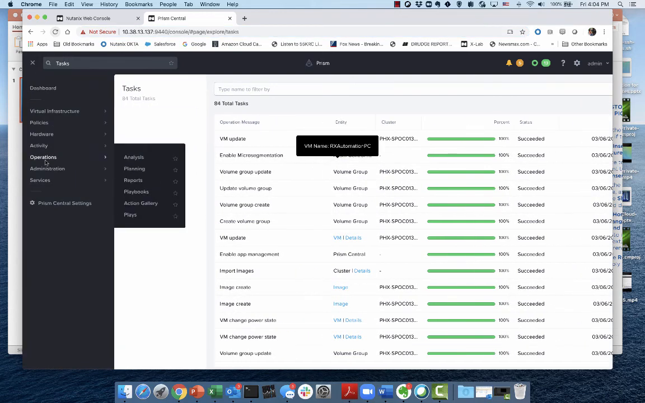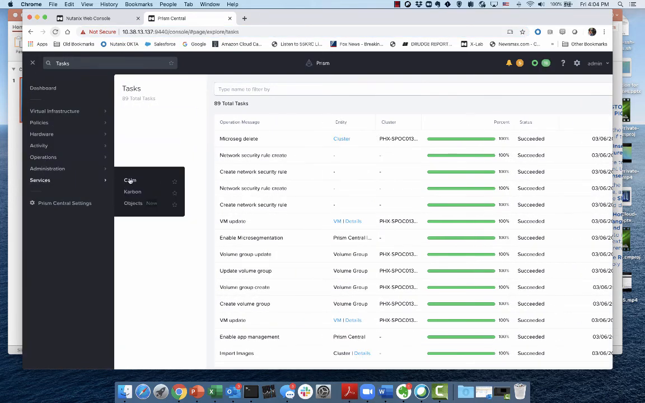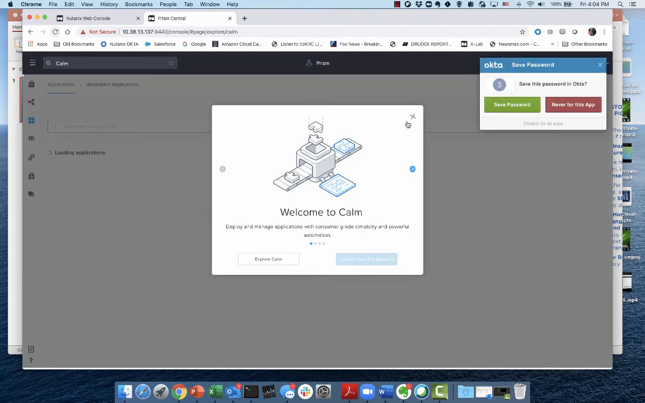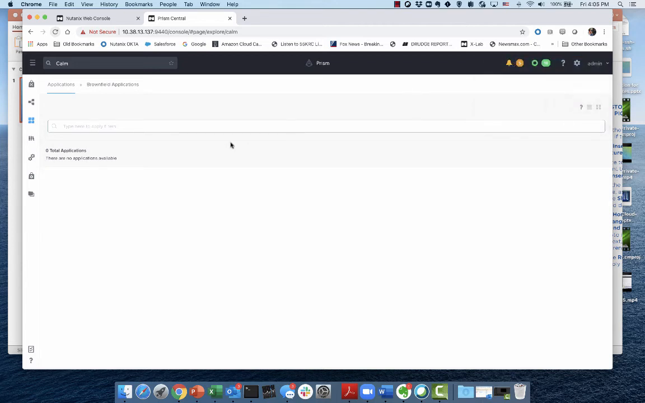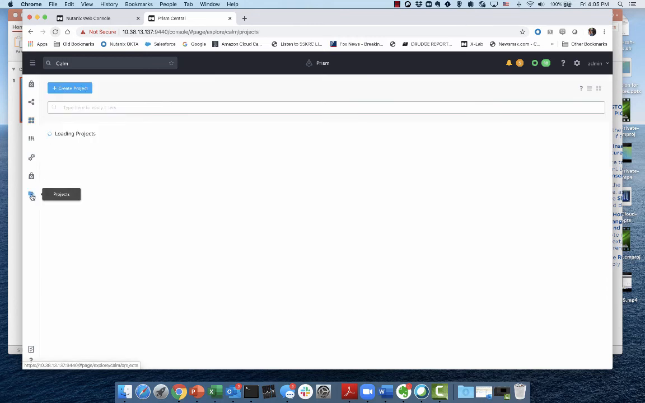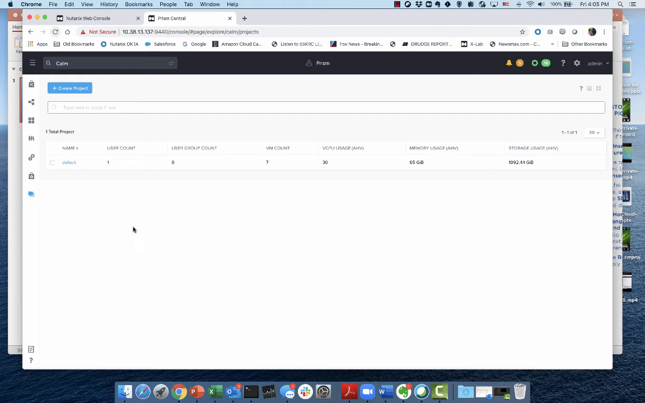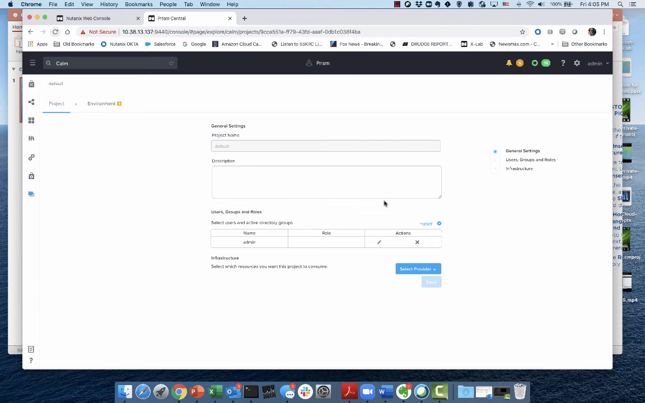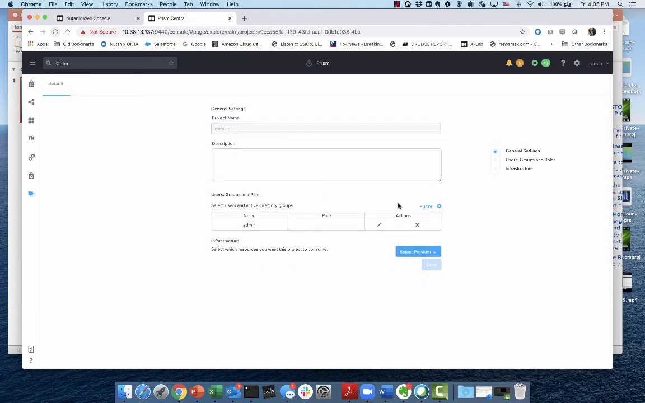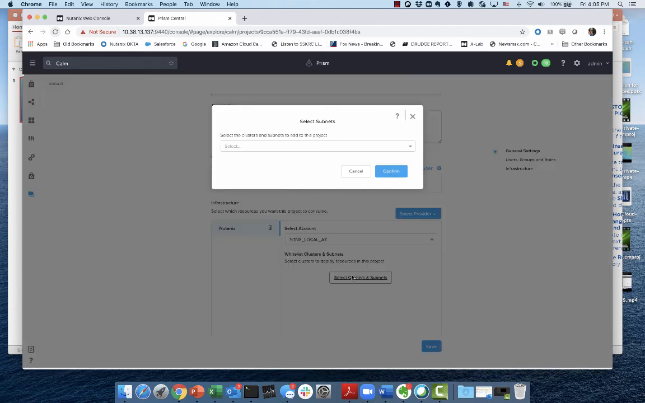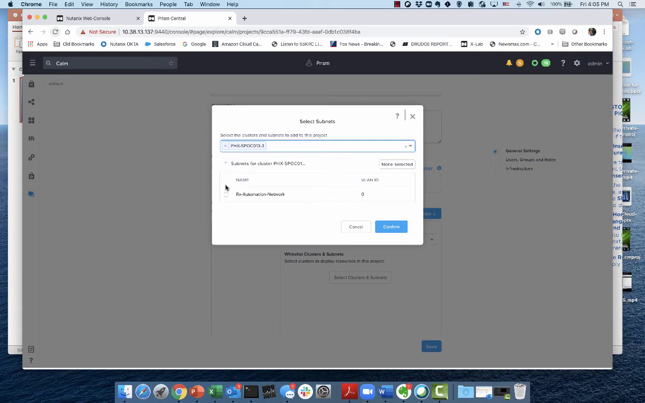So we'll flip over to Calm real quick. So we just go down to Services, Calm. So there's no applications, obviously. So if we go down to Projects, by clicking this button down here on the lower icon, a default project is created. So if we just click on that, we have to go ahead and add a couple configuration parameters in here. So select the provider, which is obviously Nutanix, and we only have one cluster configured, so I just select that cluster and the only network I have deployed there as well. Click confirm,